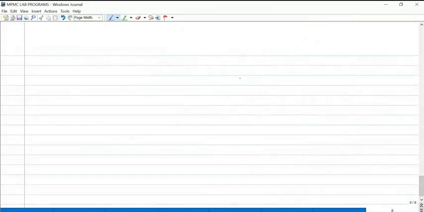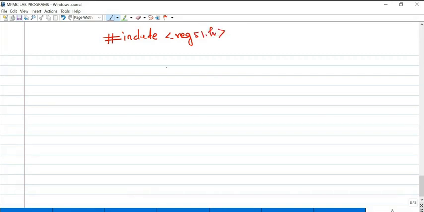Now the C program. No need for any basic classes because you already studied C programming; it's just basic programming. Hash include reg51.h. This header file includes all the 8051 microcontroller registers for programming.